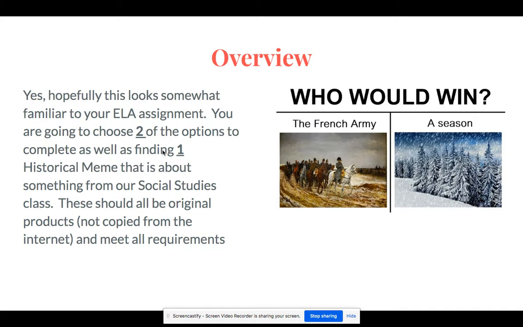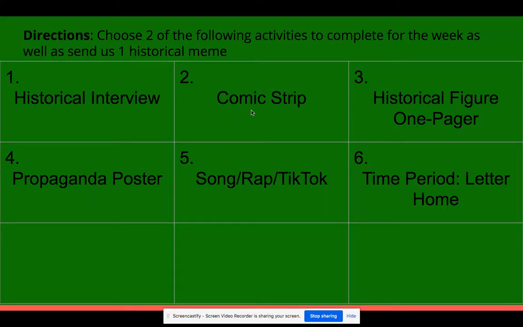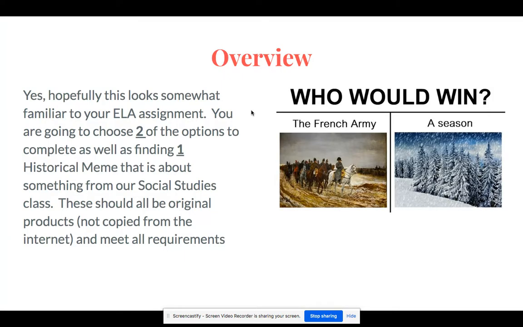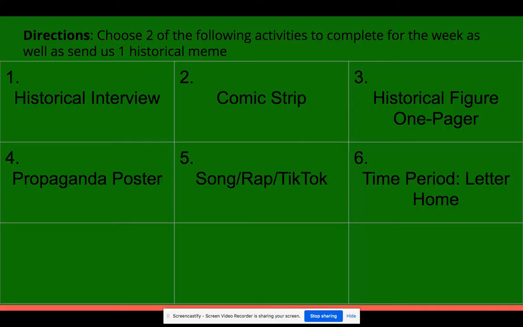All right, so again, you're choosing 2 of these, and I'll go quickly through explaining the directions for each of those. This PowerPoint is on Social Studies Canvas, so you can get to it, and then the link is posted to turn it in. This is due Thursday. If you need extra time, though, I will allow till Sunday, even though that is into your spring break time. Same with the movie assignment for ELA.